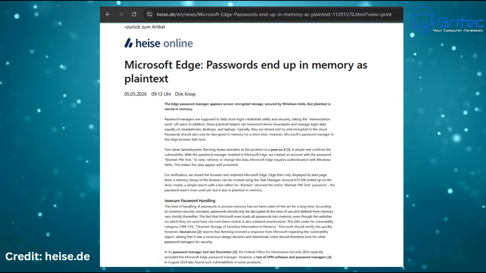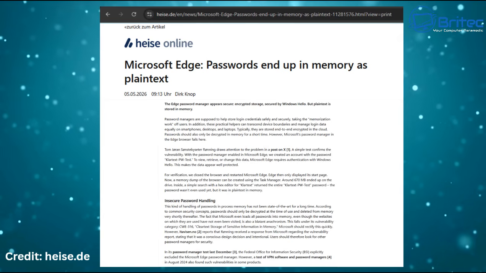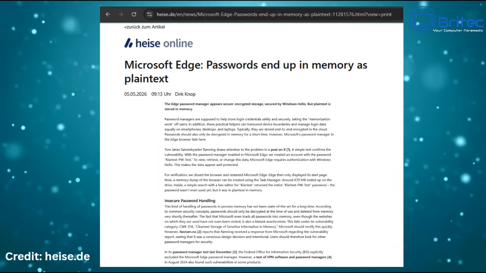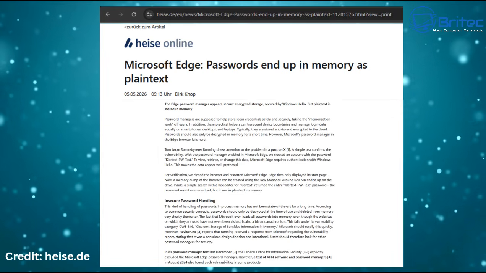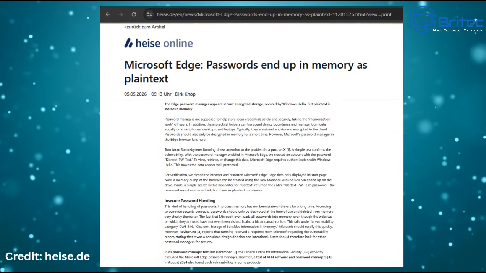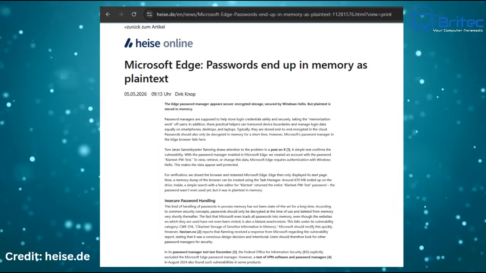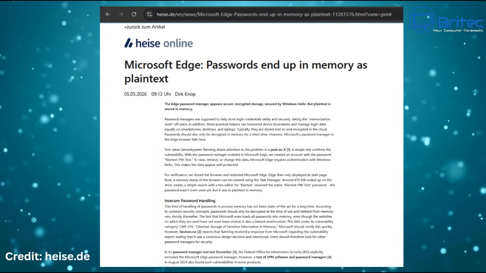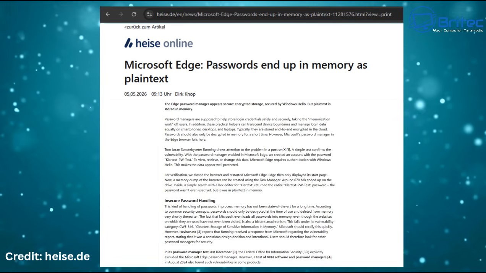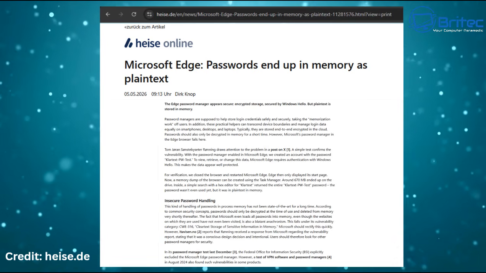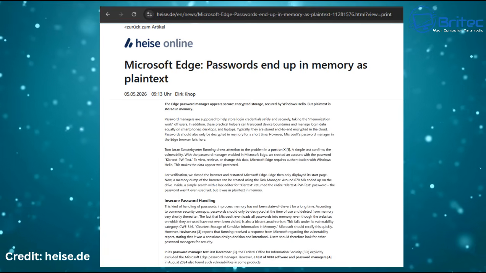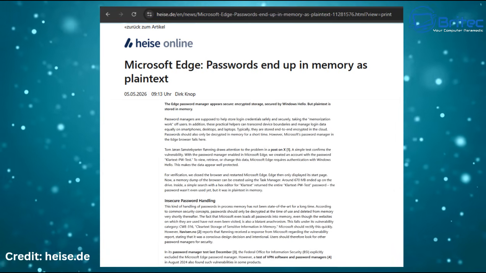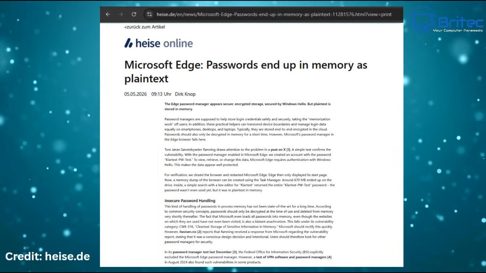So this was a response from Microsoft. So they already know about this vulnerability and they're doing nothing about it. Now, if you want my opinion on it, I think that if you are using Microsoft Edge and you're using their password manager, I would seriously consider ditching it and using an alternative password manager for more security and protection of your passwords. And for all the people that say I make this stuff up and it's not actually true,